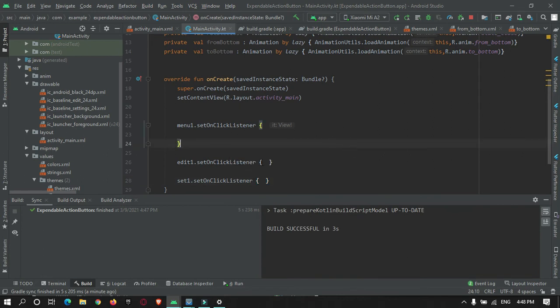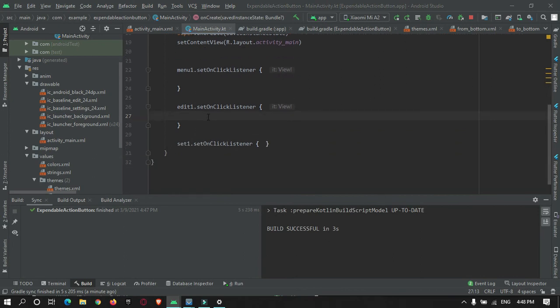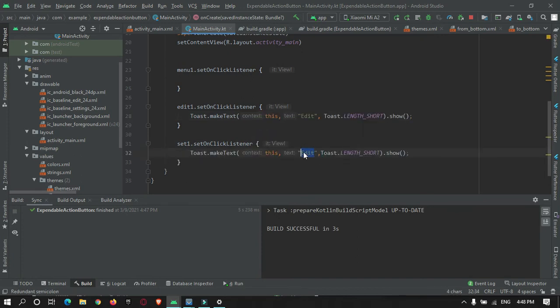Here in this block I will just give a toast message. When this main button is pressed, what we need to do is make these two buttons visible and show an animation effect. For that I will create three functions.